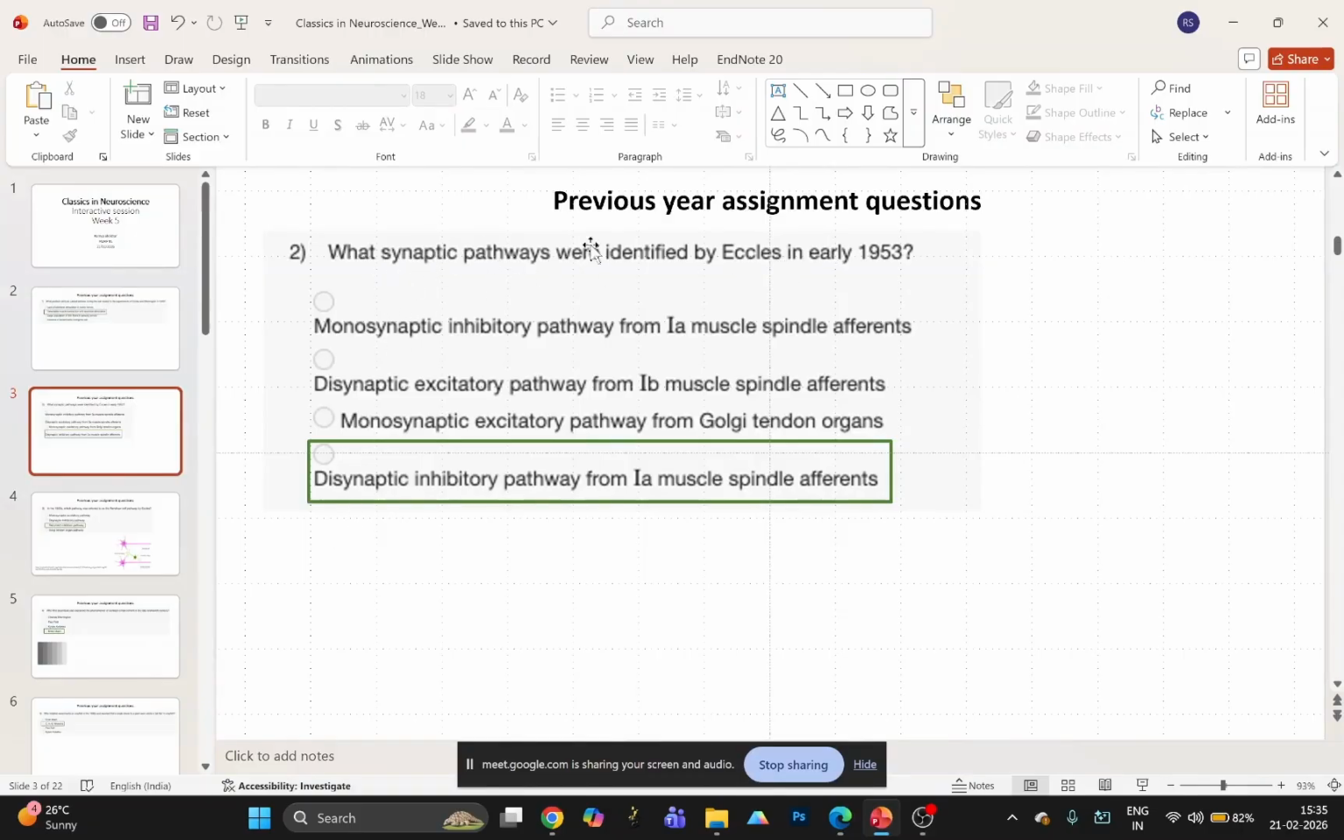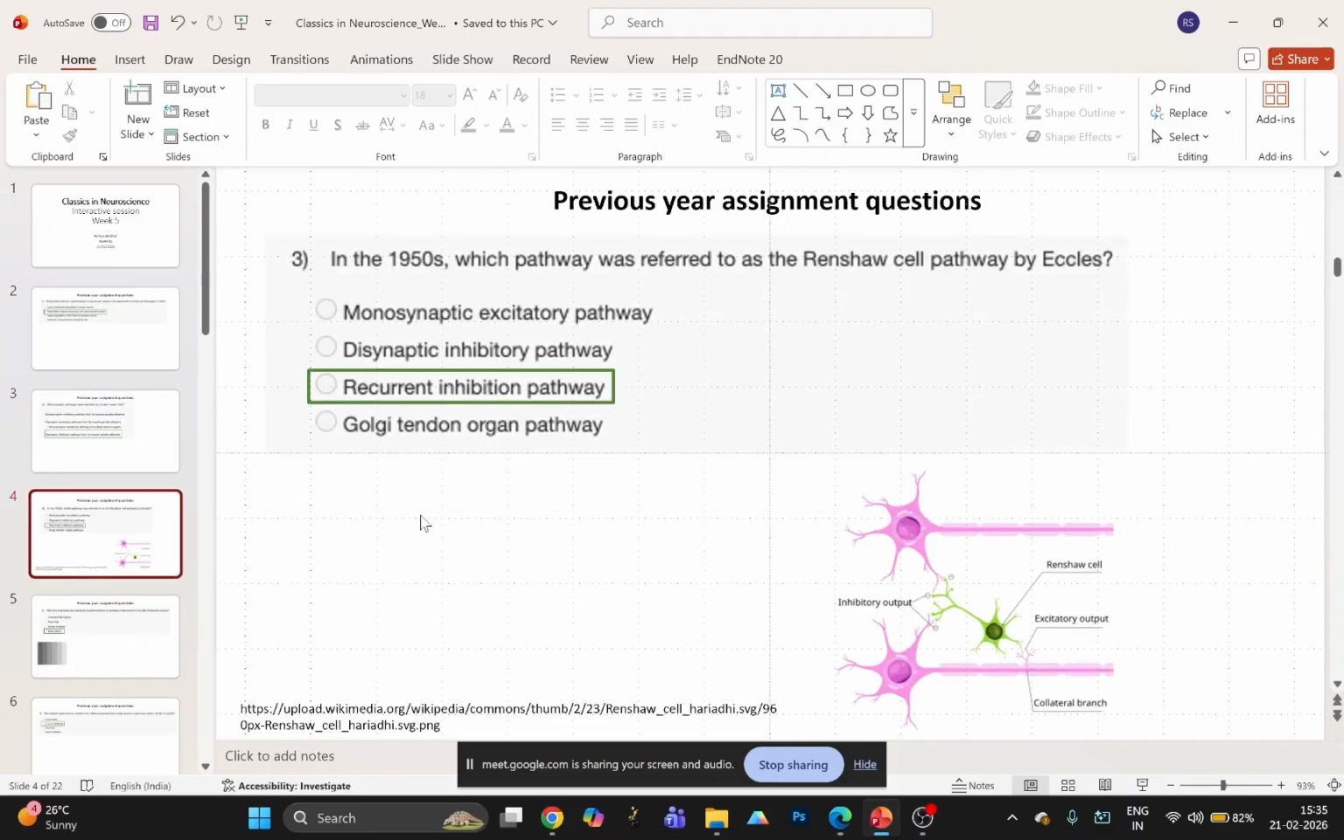What were the synaptic pathways that were identified by Jack Eccles? Next, in the 1950s, which pathway was referred to as the Renshaw cell pathway by Eccles? So, what was observed was that in the spinal cord, when they were trying to excite the axons in